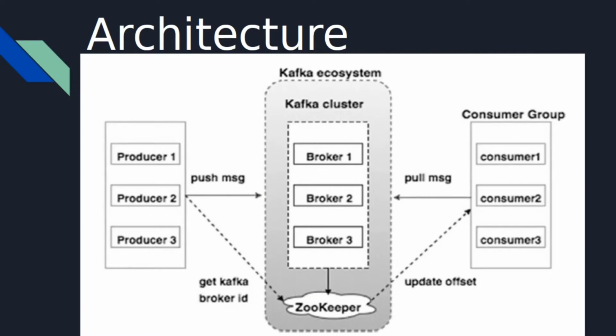Now, the architecture is very simple. It has one producer, one consumer, and there is always a broker between a producer and consumer. Even in the real life scenario, we always have some broker persons who get a deal, like someone gives you a message and someone consumes that message, and Zookeeper does a coordination and monitors this process, and it always runs in the background for Kafka for you.